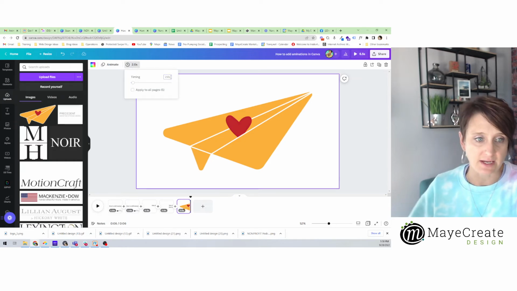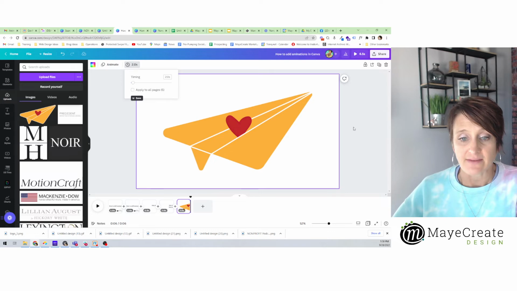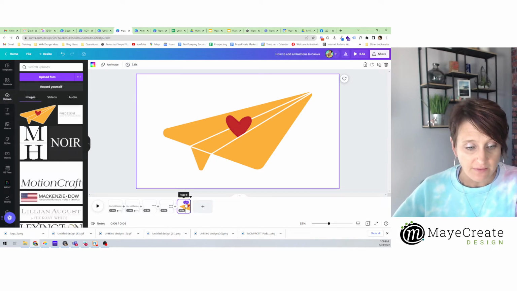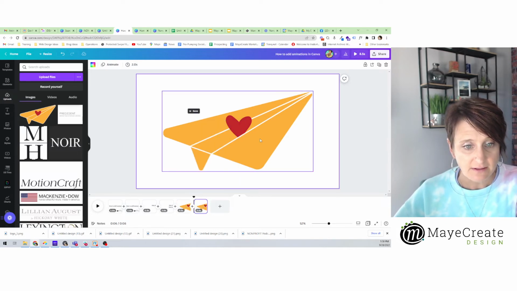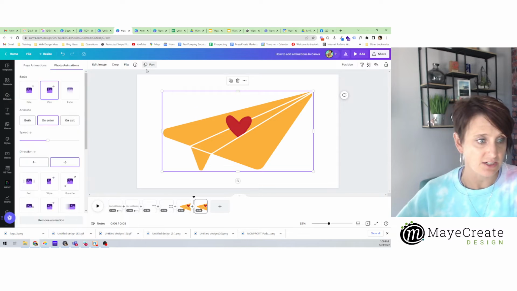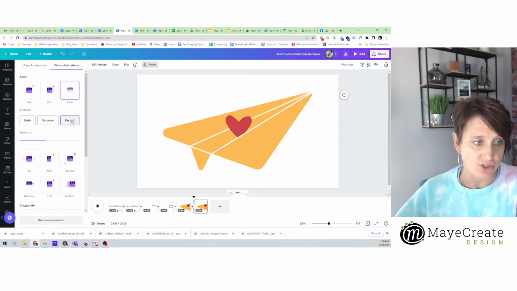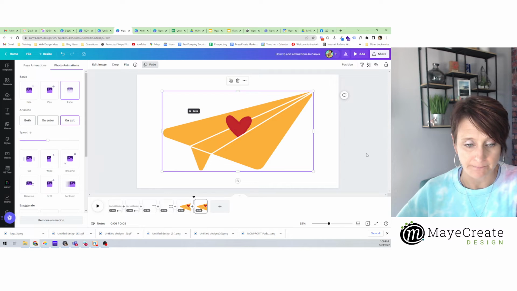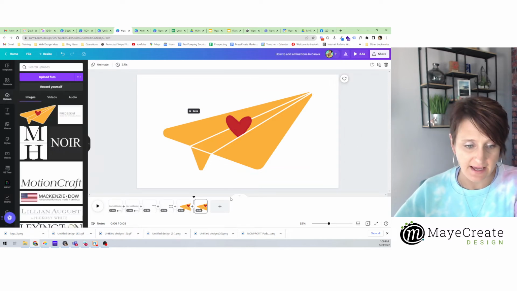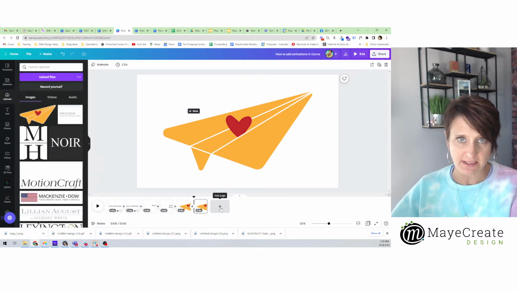Let's do 2 seconds. Okay, and then if I want it to fade out, then I'm going to duplicate this slide. I'm going to select this again, change it from pan to fade, and choose it to exit. All right. Now, before we test that, I want to show you 2 more ways that you can really easily